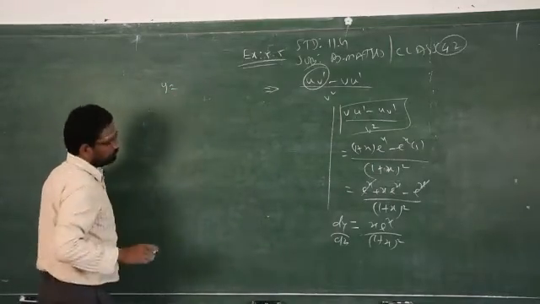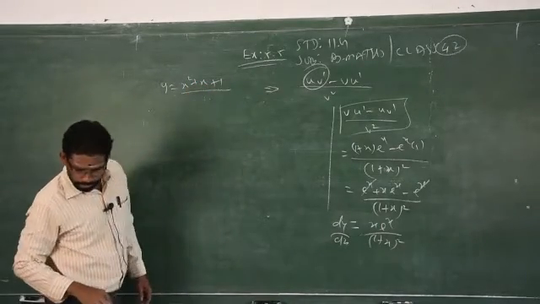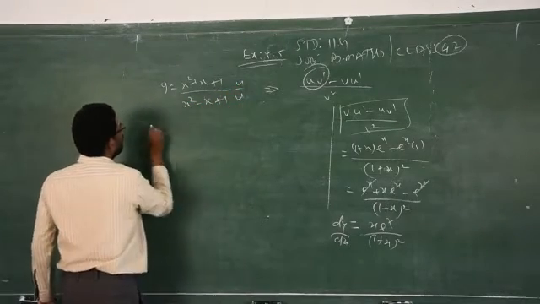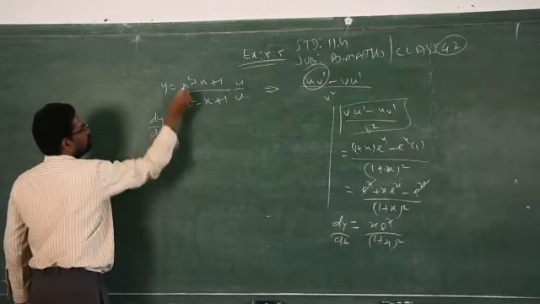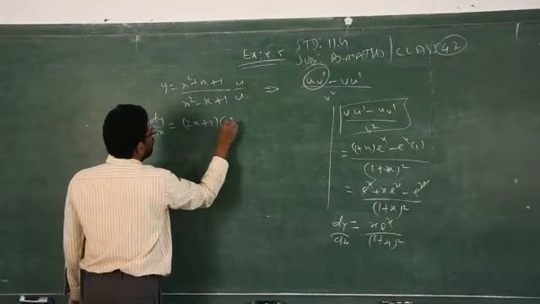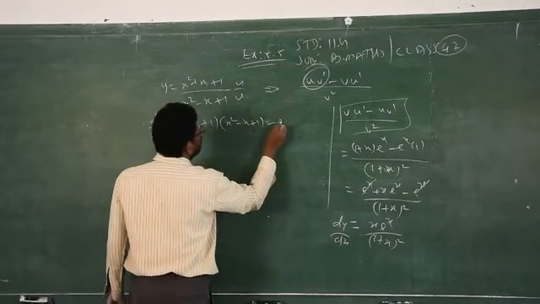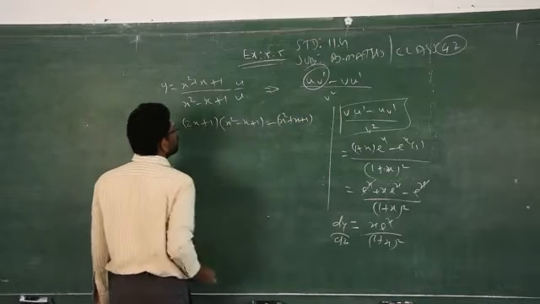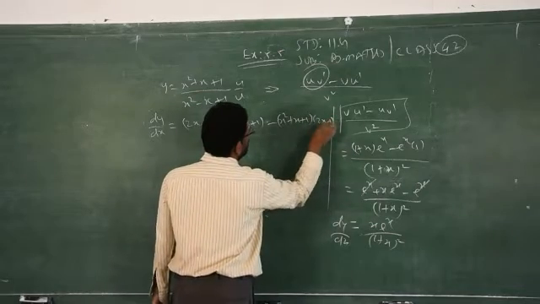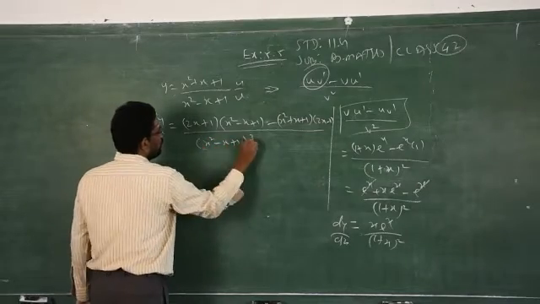So y is equal to x square plus x plus 1 by x square minus x plus 1. Again the u by v method, dy by dx. Differentiate the numerator, 2x plus 1, keep the denominator as it is, then a minus symbol. Then keep the numerator x square plus x plus 1 as it is, differentiate the denominator, you will get 2x minus 1, over x square minus x plus 1 the whole square.